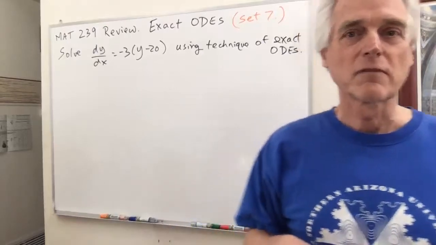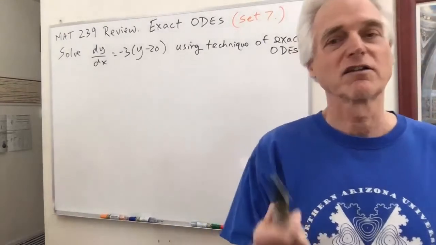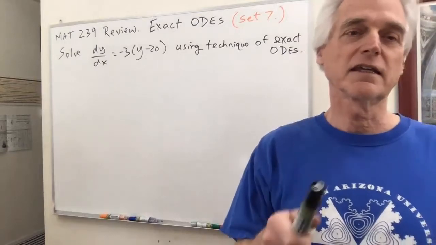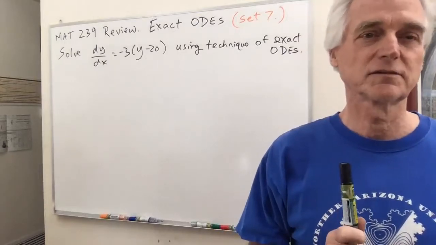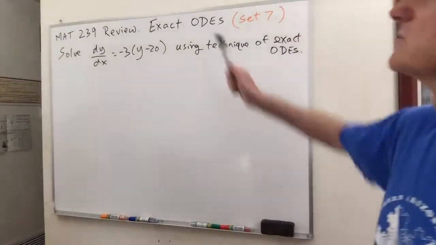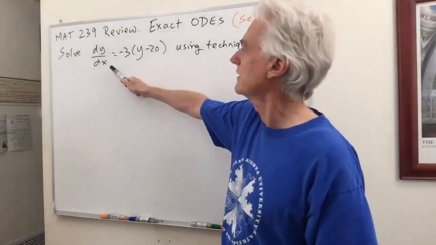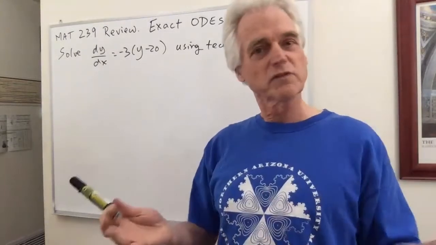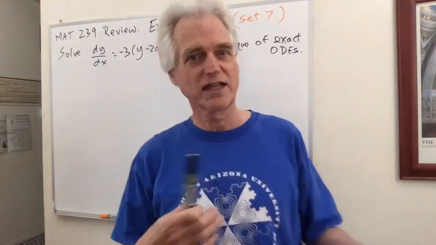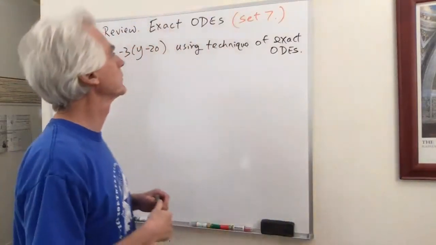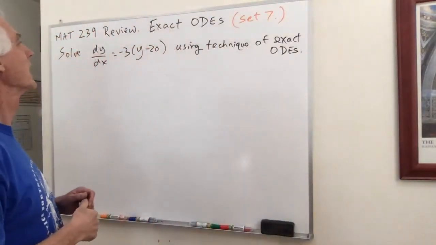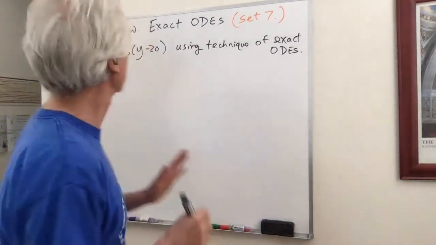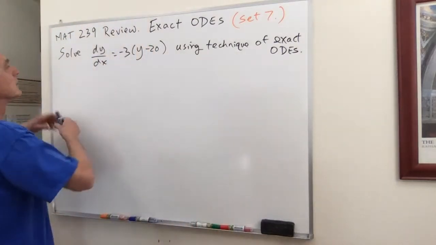Hello, I want to solve our same ODE by the technique of exact ODEs. Here we have dy/dx is minus 3 times y minus 20. For exact ODEs, we like x to be the independent variable. So the first thing we have to do, we want to convert to